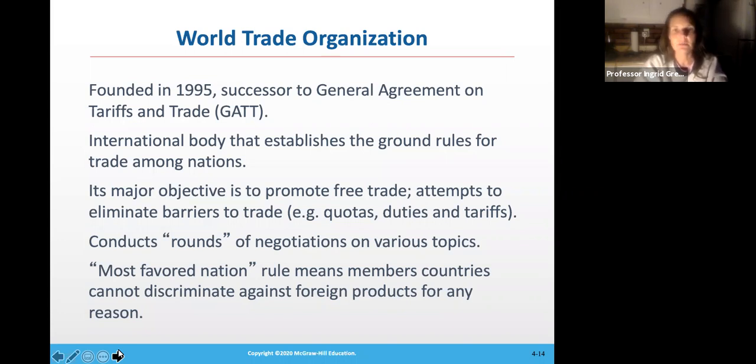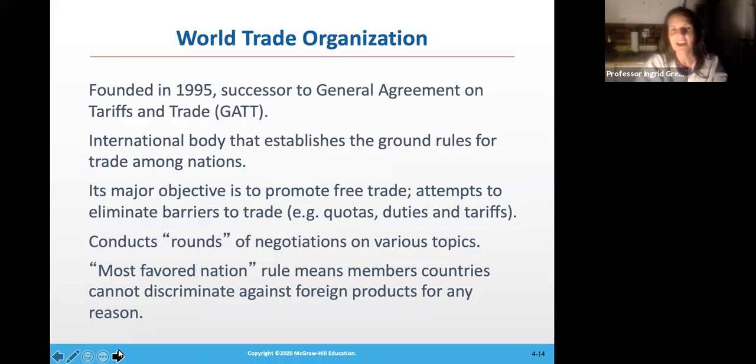Its major objective is to promote free trade, attempts to eliminate barriers to trade. So it tries to stop any tariffs or duties between countries. It's sometimes not possible, but they try. It conducts rounds of negotiations on various topics, and the most favored nation rule means member countries cannot discriminate against foreign products for any reason. So why she put all that in here, the author of this textbook. Before I get into that, I just want to note that there's no lending here with the WTO. All they do is set regulations. And so